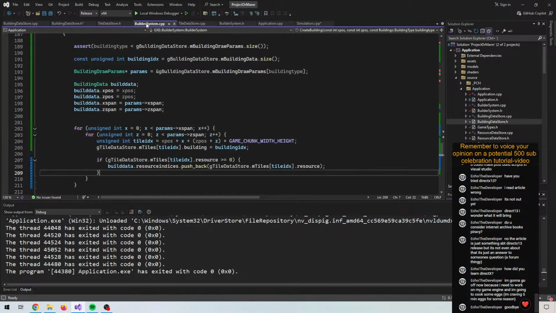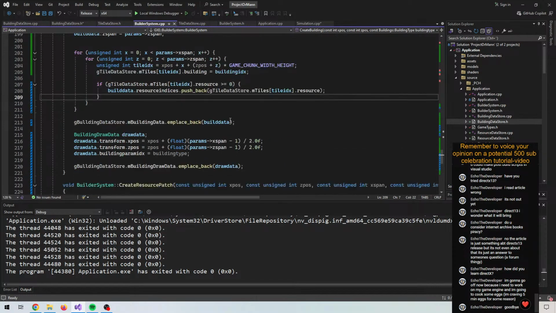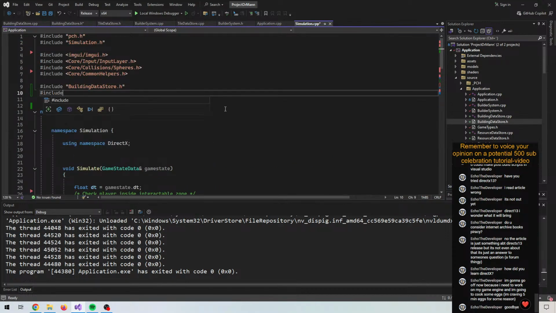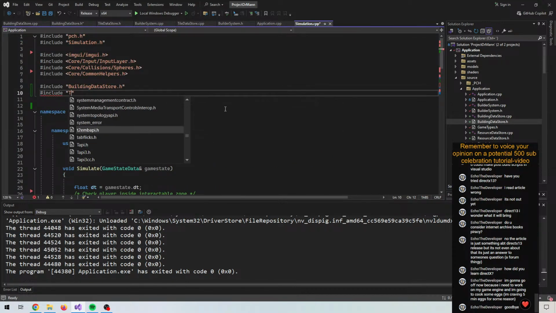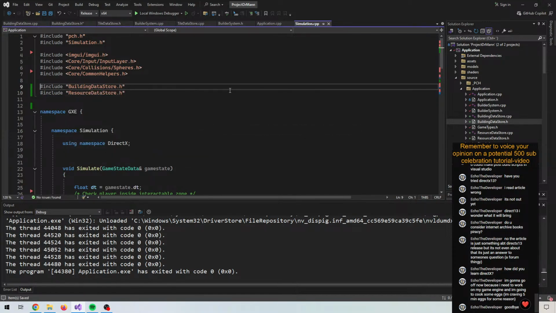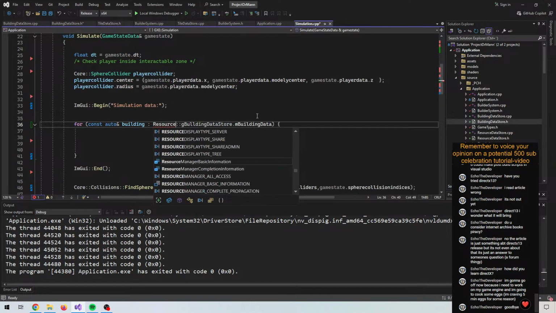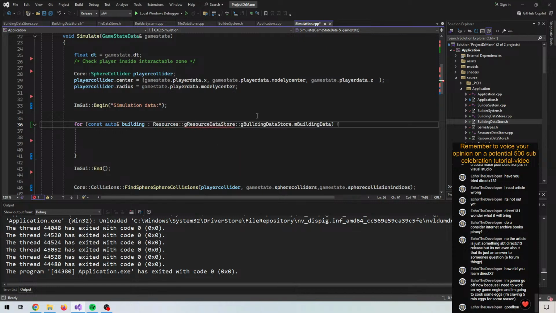Let's wait a minute. So I create the buildings, I link them to the resource indices. Yeah, I don't think I want to do that. Resource data store instead, maybe. Resources, G coordinates, and let's, instead of doing this,